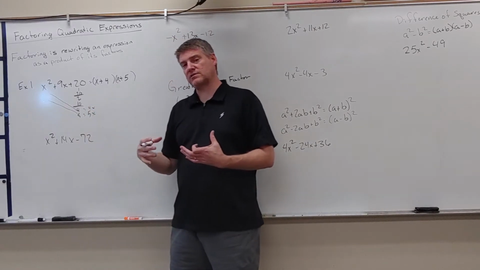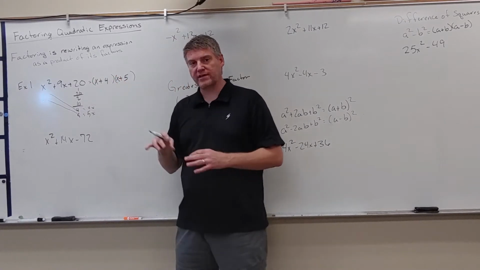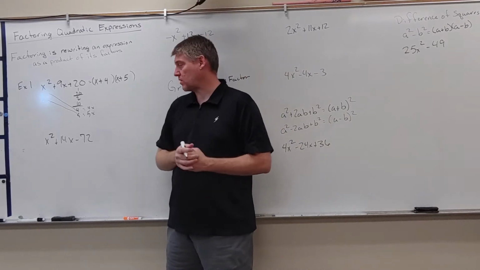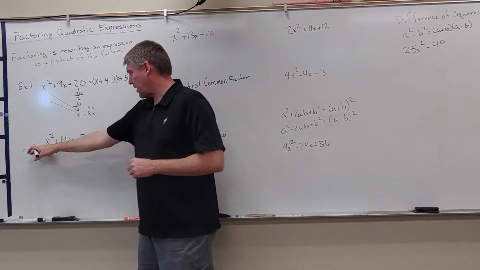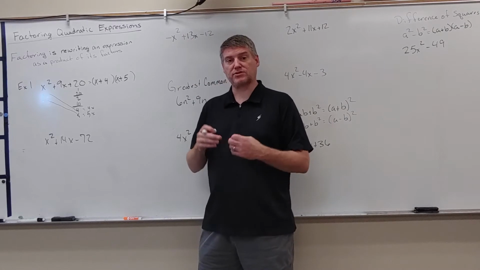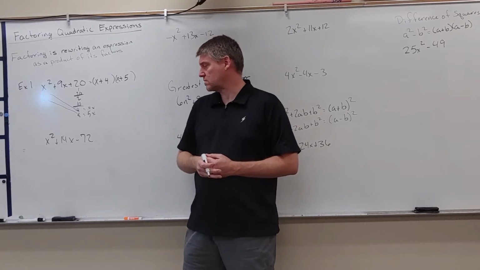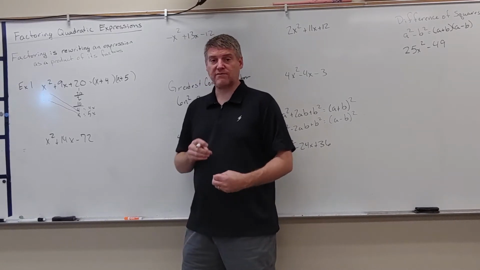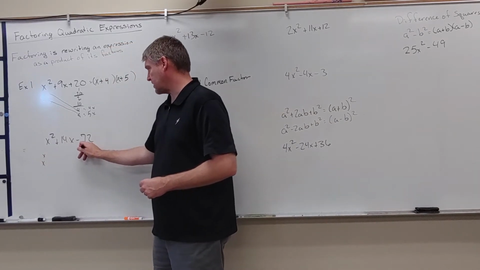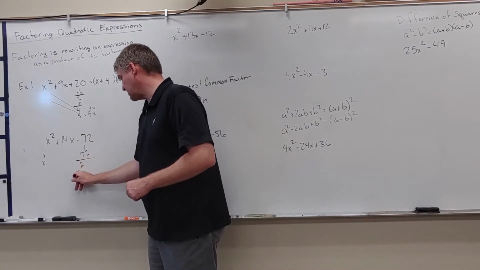When A changes, we need to make sure we isolate which piece goes into which parenthesis. So here, I have a positive x squared and a negative 72. That tells me I am subtracting to find 14, and I need to find the factors of 72 whose difference is 14. The factors of x squared are x and x. The factors of 72 are 1 and 72, 2 and 36,